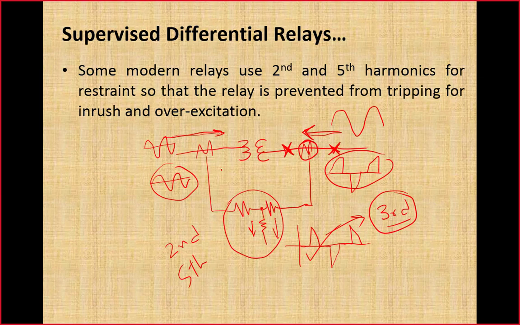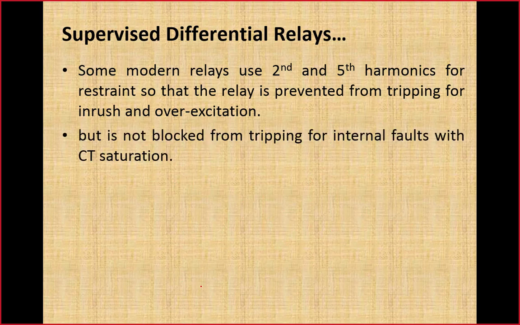The previous case was loss of dependability, and this case where we have omitted the third harmonic is loss of security. Remember, in an interconnected system, loss of dependability is not acceptable, but loss of security can be justifiable. So unnecessary tripping can be accepted, but an uncleared fault is not acceptable. So loss of an extra transformer from the system is not problematic at all, but an uncleared fault in the transformer that may result in complete damage of the transformer is clearly objectionable. So due to this reason, in modern relays, second and fifth harmonics are used for restraining application, and third has been omitted. So now the relay is not going to be blocked due to internal fault and CT